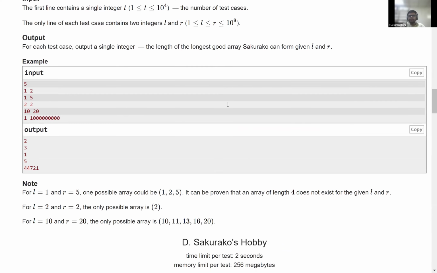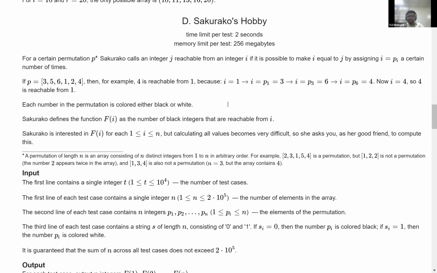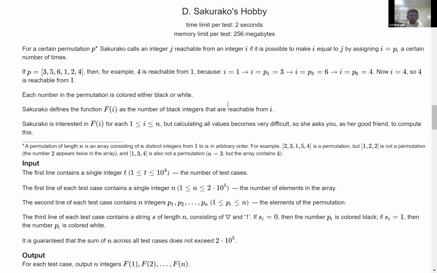Now, we will have to go a bit faster, so we will not really go into a lot of detail for the explanation. Instead, we will discuss more the approach, on how to think about solving these problems. And that's what we expect from the ones who are coming up at the D problem. So the problem here says that